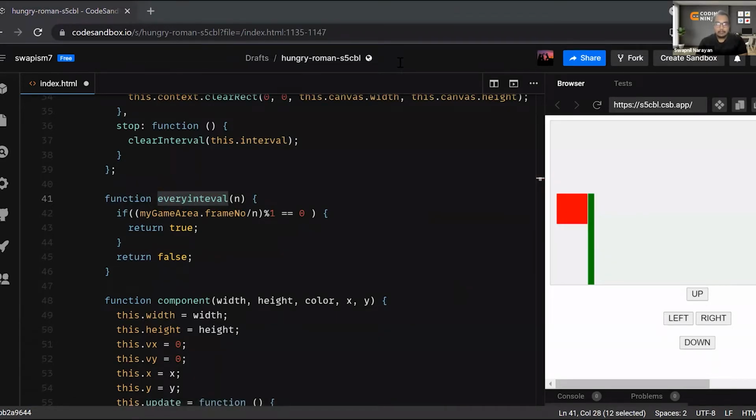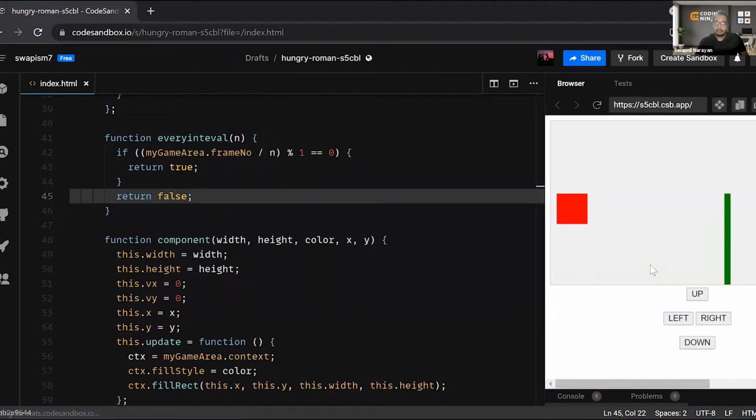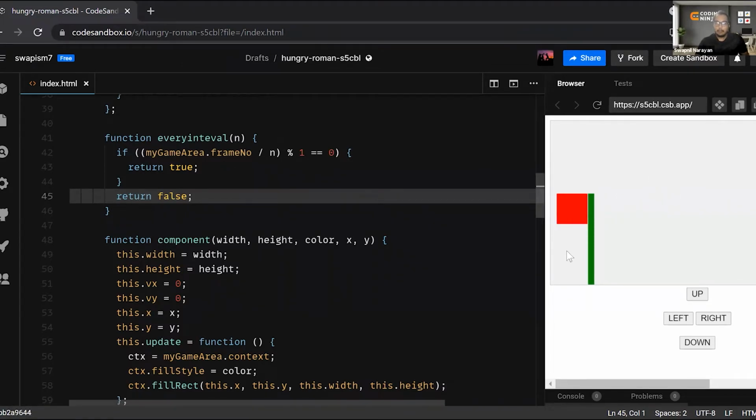Sir, is it possible to connect up and down, left and right with keyboard and arrow keys? Yeah, it is possible. You can surely play like that. In the browser, it will be possible, not over here. If you open this one in the browser, then it will surely be possible. In the editor, it is not supported, but in the browser, it will be possible for sure.